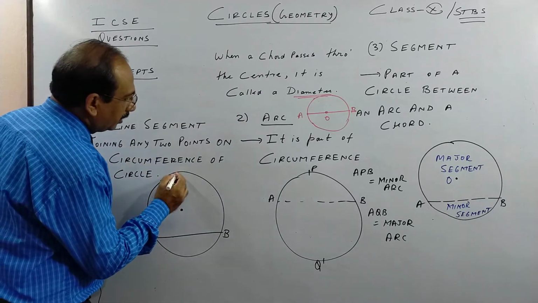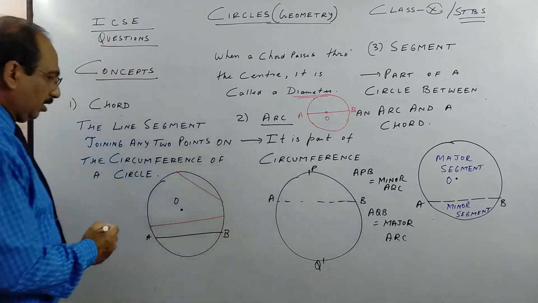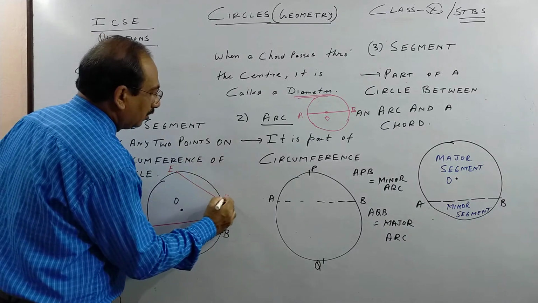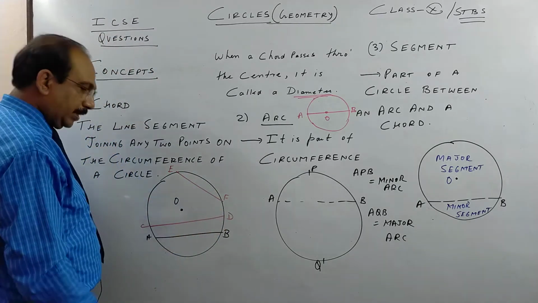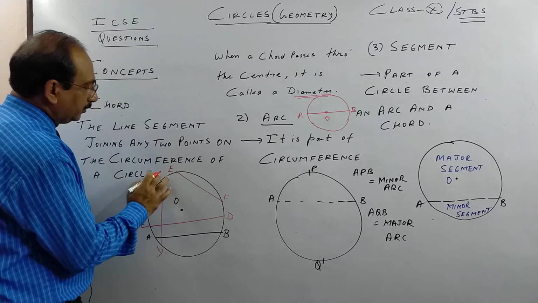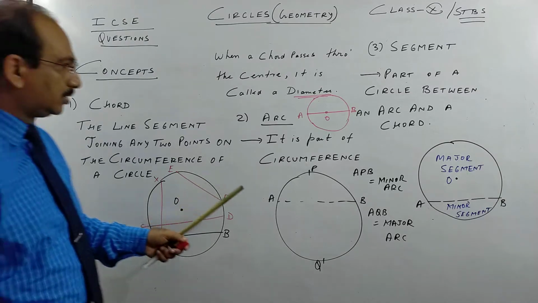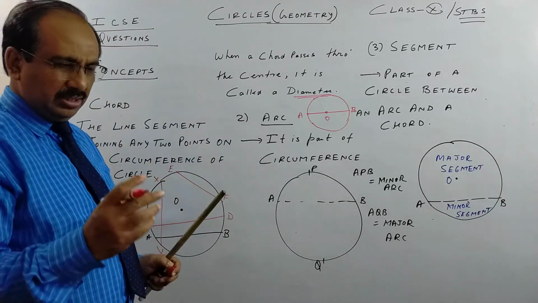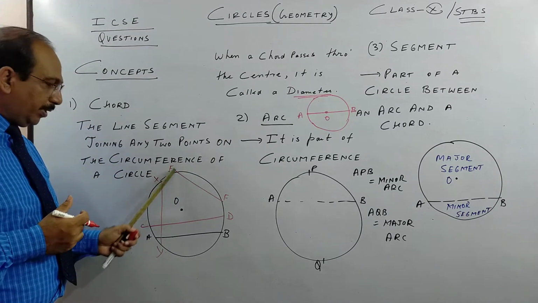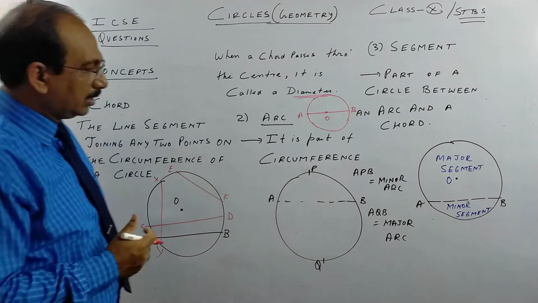So anywhere you have, children, a line joining 2 points on the circumference, we call it a chord. Okay, it can be like this also. This is also a chord XY. So these are all chords. They join 2 points on the circumference of the circle. Next word. This is a chord which you have seen in class 9, and there are some other chord related properties in class 9, like the perpendicular to a chord bisects the chord. So like that you have 2-3 theorems in class 9.